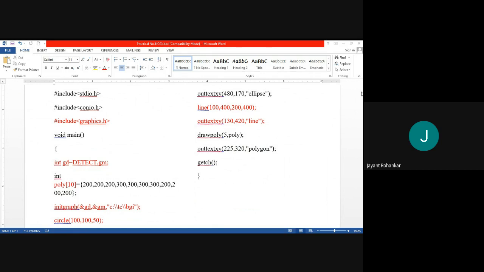This is the syntax to initialize the graphics in your program. Without this, your program will never run and never give output. So whenever you write a graphics program, you need to write include graphics.h, then GD equal to detect, GM, and this initgraph function, every time in every graphics program.